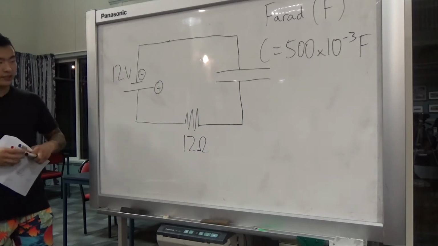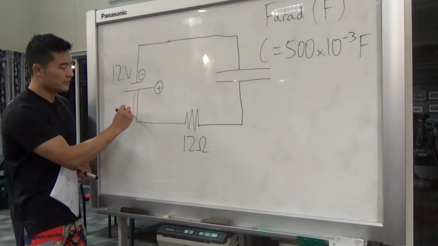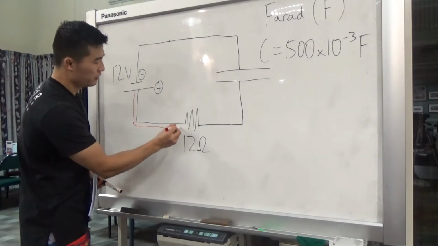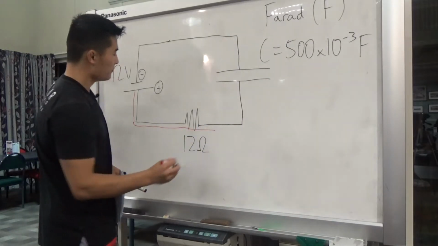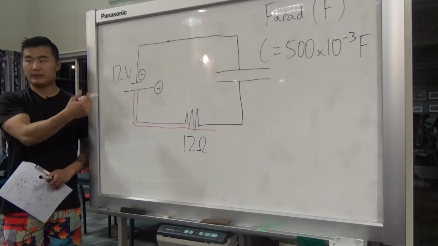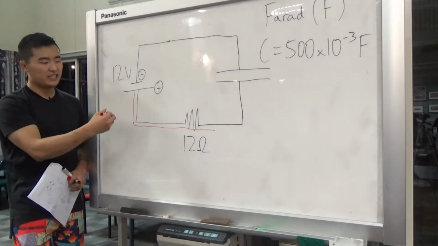In electricity, the direction of the conventional current is the direction of the positive charges. So the positive charge is going to go through your resistor, and there's going to be 12 volts of driving force behind that current,